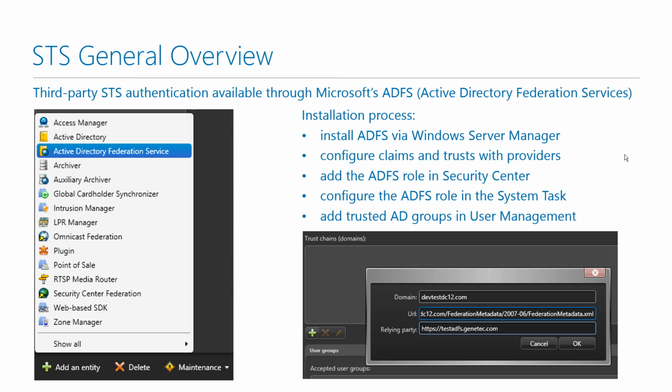The actual configuration, I could talk for an hour about this alone, so I'm just going to put the basic steps here. If this is something you need to get set up, you're going to need help with the ADFS part, first of all, and we have various configuration guides available to help with the actual ADFS setup on the Security Center system. But what you'd basically do is go into your system task and add an entity, and you'd add an Active Directory Federation Service role. So once that role is created,